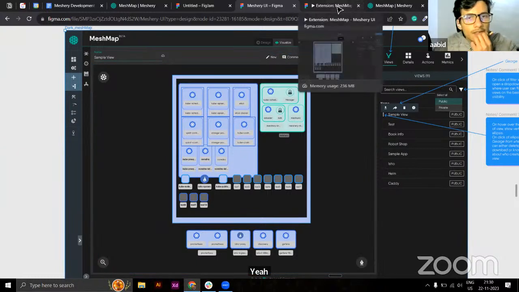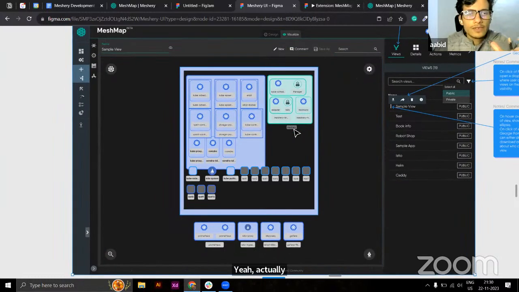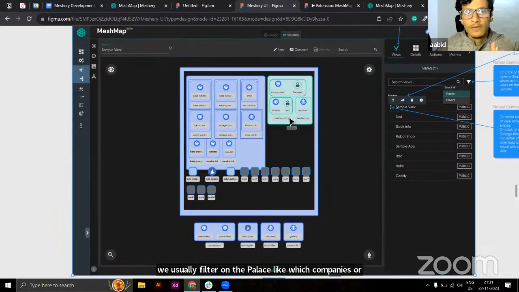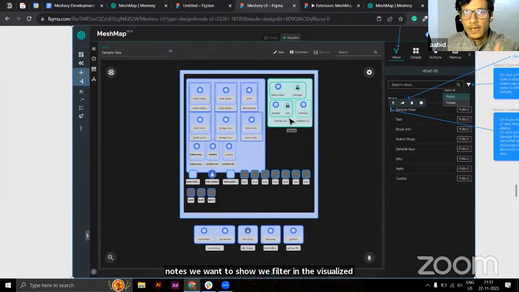Yeah, actually, the new views construct for the visualizer is going to be the same as we have designs in the designer. We are going to now have views in the visualizer, and views are like saved filters. We usually filter on the colors, on which components or nodes we want to show, in the visualizer, and views are a way to persist and share them.